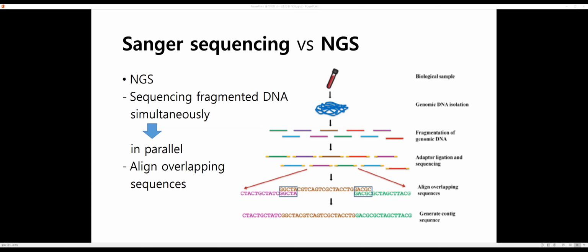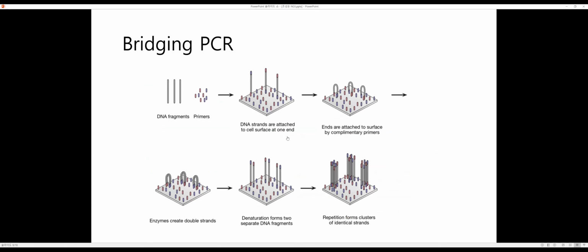And then the key part is utilizing this adapter. Now this is the adapter part. Okay? This is your different samples. Now this adapter is added here. These adapters are kind of primer for PCR. Now on the bottom, you have both sides of primers.